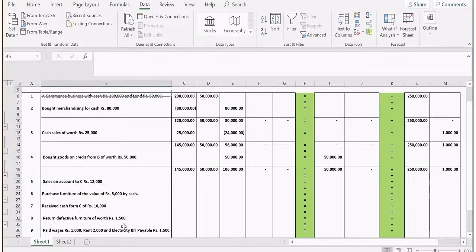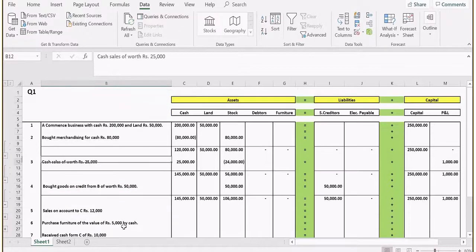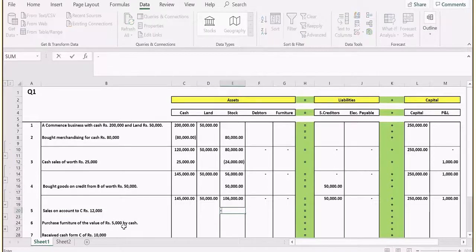So that means the business is selling goods worth 12,000 rupees to C on credit terms, which means again there is nothing given up in terms of the profitability of this transaction. So again I assume 1,000 is my profit and 11,000 is my cost of goods. So 11,000 cost of goods is going out of the business. That means my stock is getting reduced by 11,000,